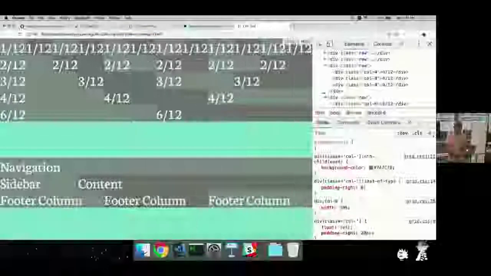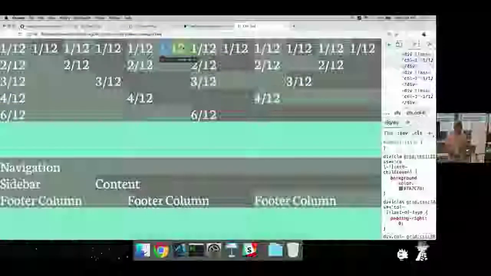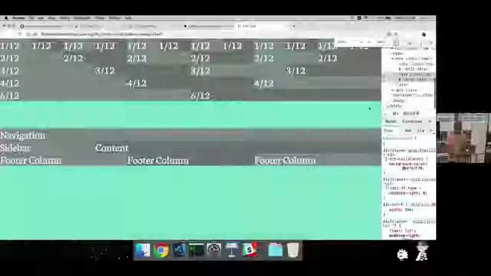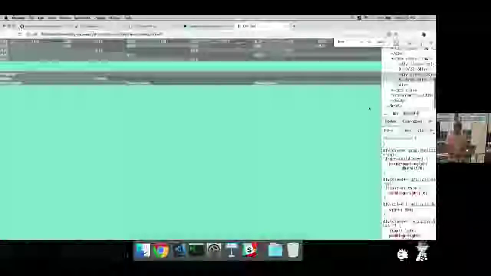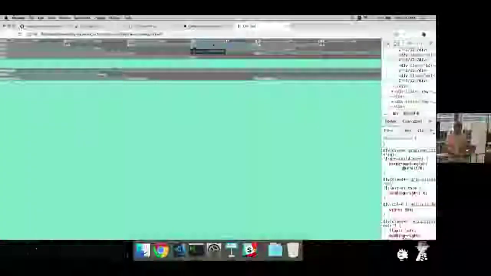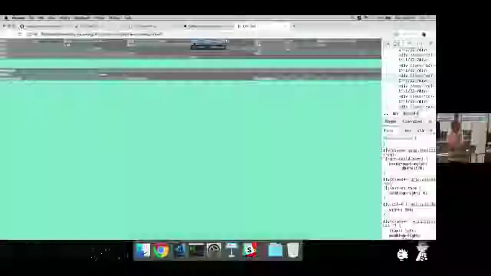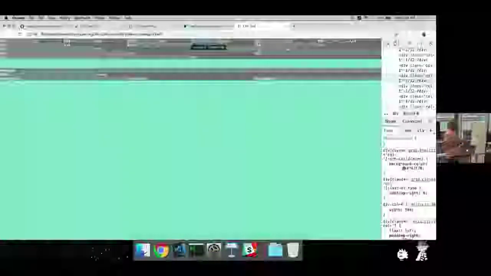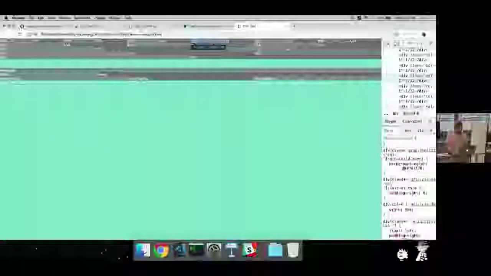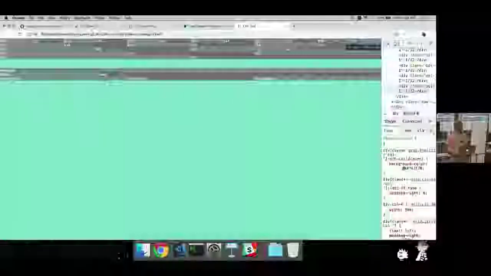Although I think it's kind of hard to see here. Maybe if I zoom. Right, that little gap there, it's going to separate those columns. It's going to give us a bit of breathing room between them, so that's important. But we'll notice that it's only on all of the columns except the last one. We don't need padding on the last column.